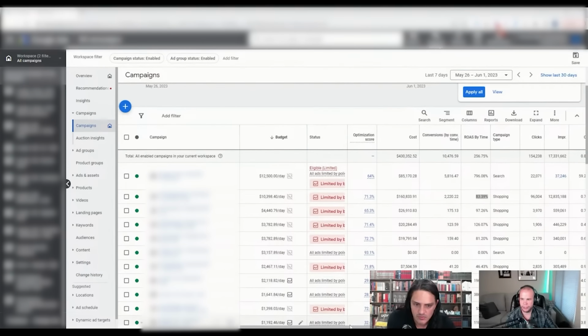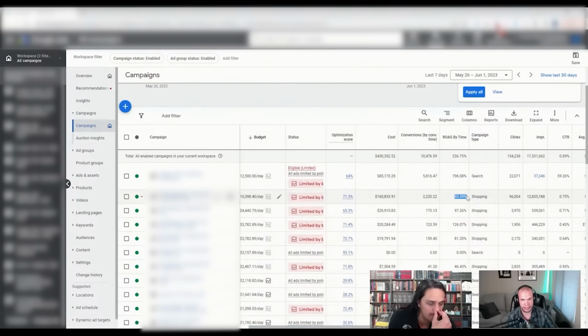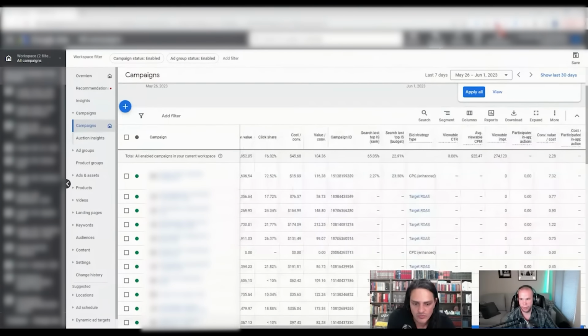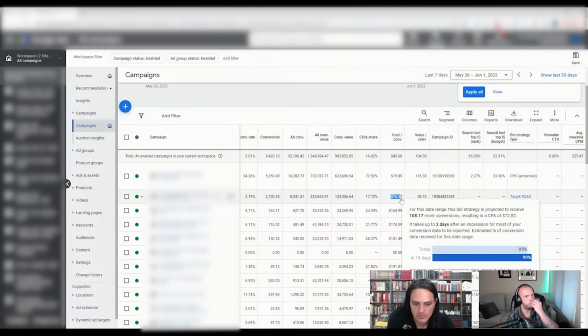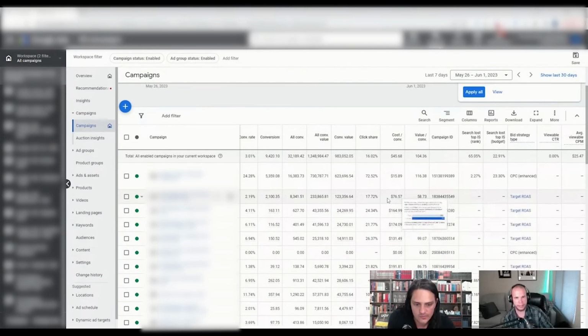Or sorry, 83% ROAS. Now, because I measure NCAC, like you all should be too, we need to be under $140 cost per acquired first-time customer. I'm getting 76. Beautiful. It's a medication company. They buy 12 times a year. I don't need to make ROAS on one sale. I got 11 more this year I'm not paying for because I'm not using Performance Max and not paying for them again.